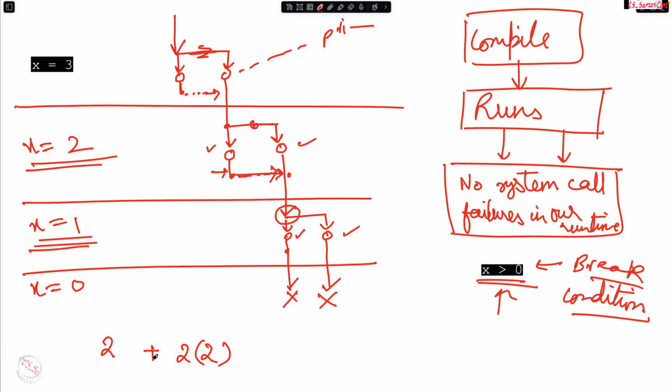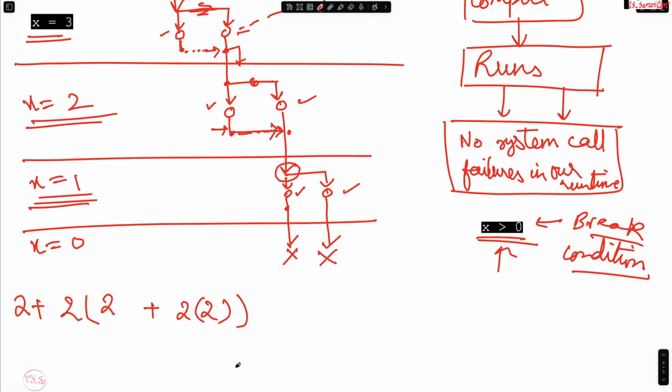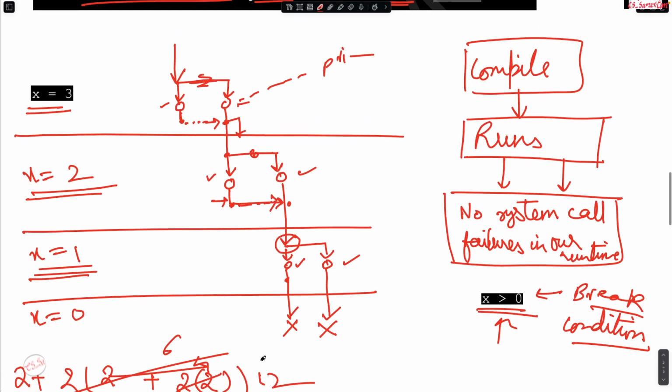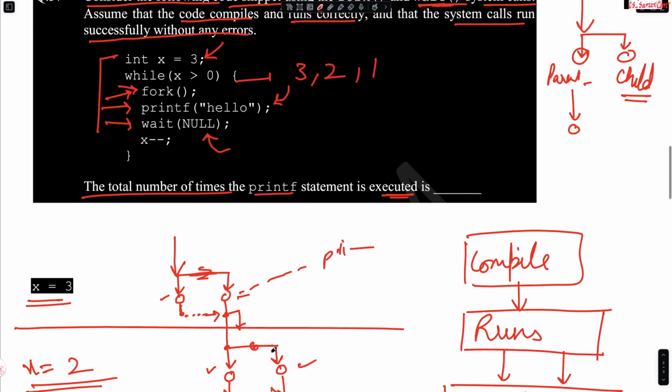Likewise, when it comes over here, 2 times is going to be printed for this x equals 3 also. So 2 plus, and because this thread is going down 2 times like this, right? So 2 times this whole thing is going to give you your answer. And what is that giving you? 2 times 4 is 6, 6 times 2 is 12, right? So 12 plus 2 is 14, and that is going to be your answer. This question you are basically going to get the answer 14 very easily.